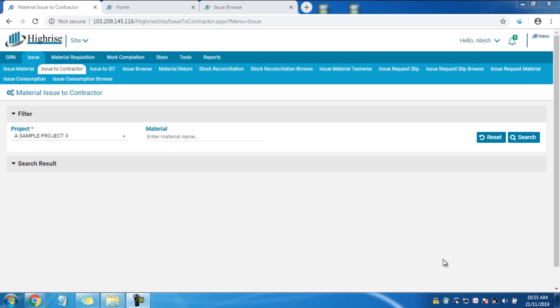In the previous video, we saw how to issue material to different tasks and how to transfer the material to another store. Now there may be some situations in which you want to issue the material to a contractor. You don't want to specify a task; you directly want to transfer it to the contractor. For this kind of scenario we use issue to contractor. Issue to contractor is available inside the issue menu of the site module, and the process is very